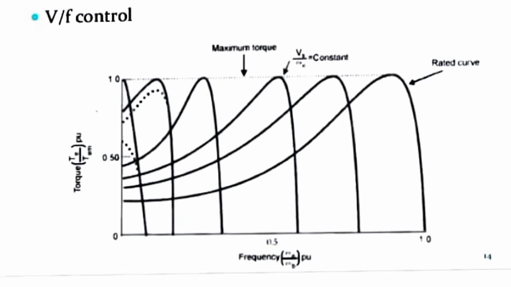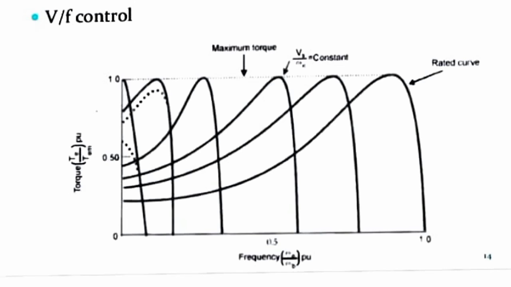The error will be given to the PI controller. The output of the PI controller is the desired slip frequency. The torque is proportional to the slip speed Ns minus N, and hence the slip frequency fs minus fN, or simply f minus fN. That's why this PI speed controller output is considered as the slip frequency f minus fN. Next, this slip frequency has to be regulated using a slip regulator, so that it restricts the operation below the breakdown frequency at which the maximum torque develops in the induction motor.